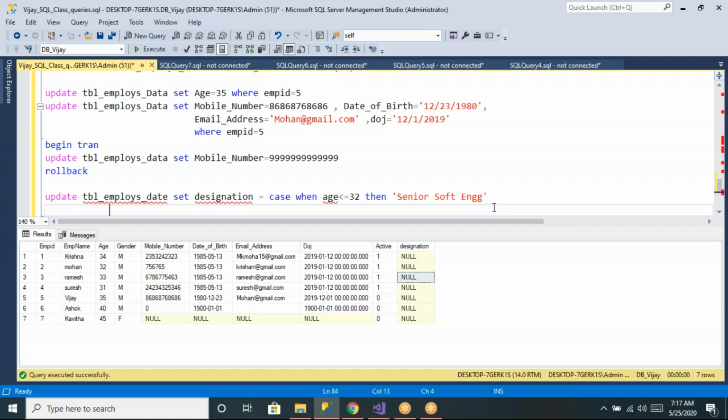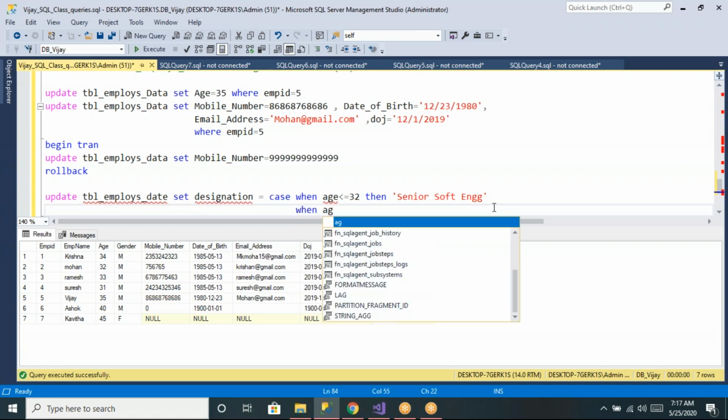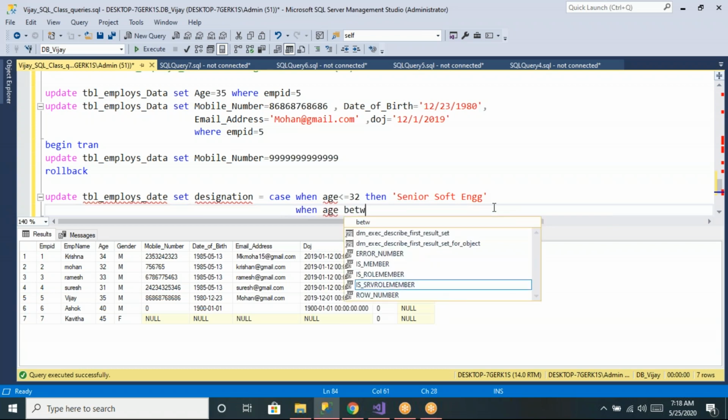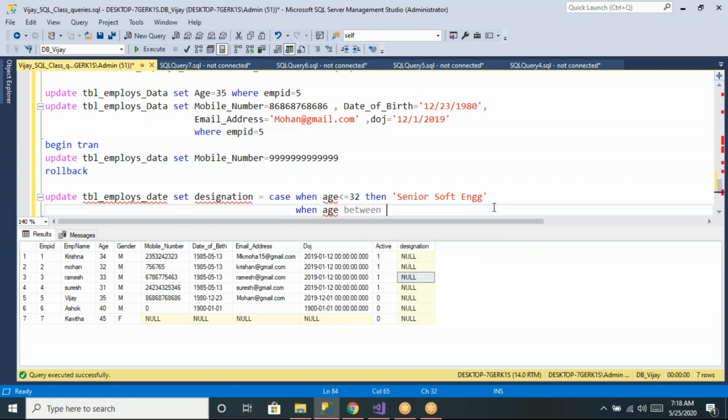Okay, and when age value is between 33 and 35, then let us say team lead.